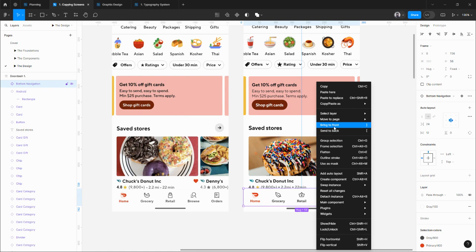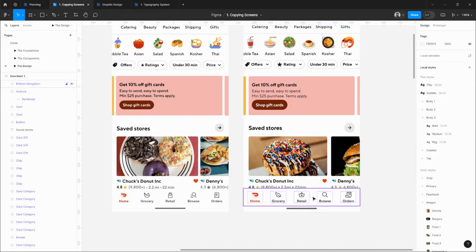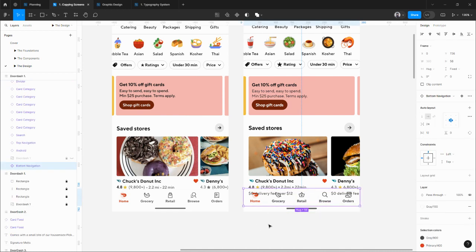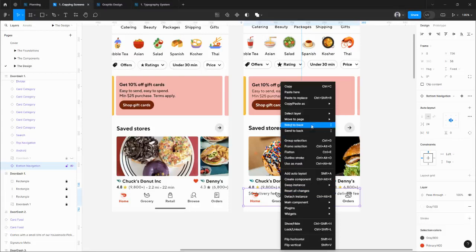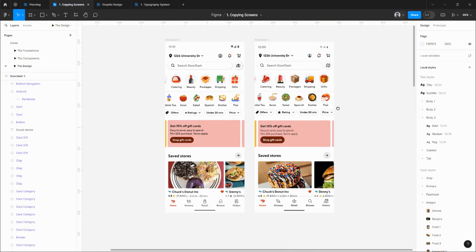You can bring the layer to the top like this, bring to the front by just pressing this or just simply selecting this. Because if it is at the bottom, it is not going to look good. Like this is not how we want it. So I'm going to bring it to the front and I think it looks